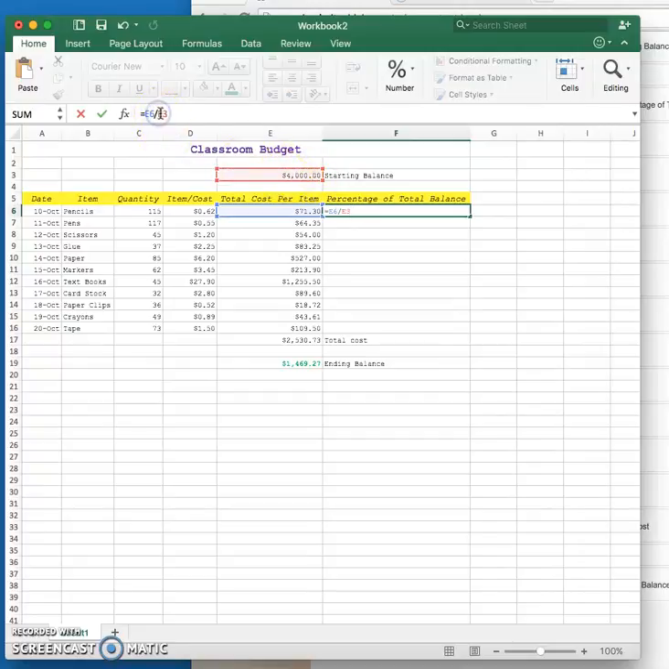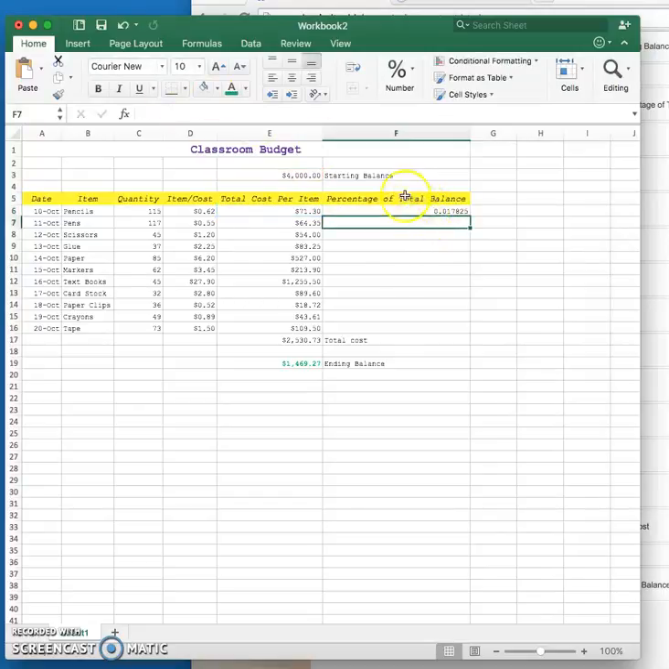So to lock my total cell, since I need that for every formula over here, I'm going to use dollar signs before the letter and the number. Now my settings are right now just a number, and I need this to be a percentage. So if I come up here to the number section,